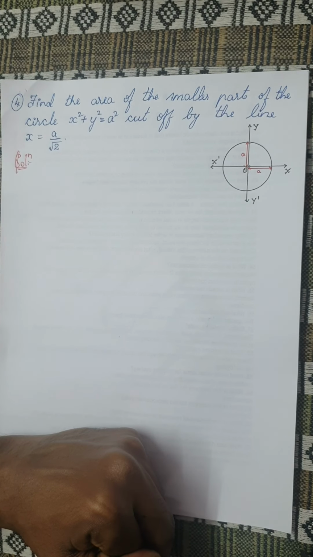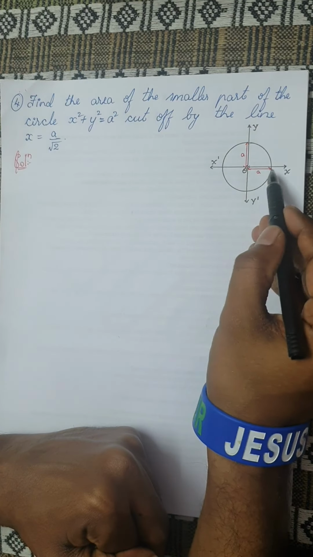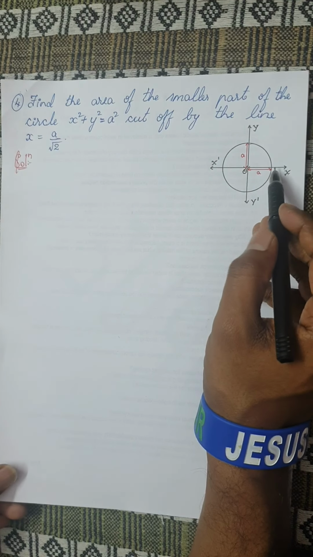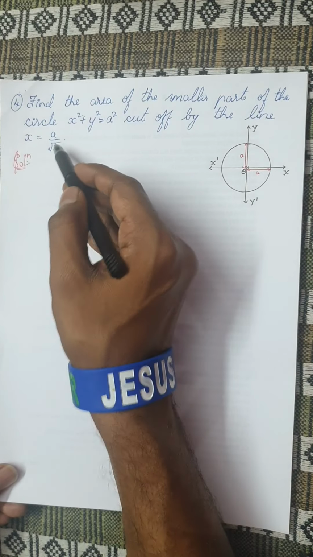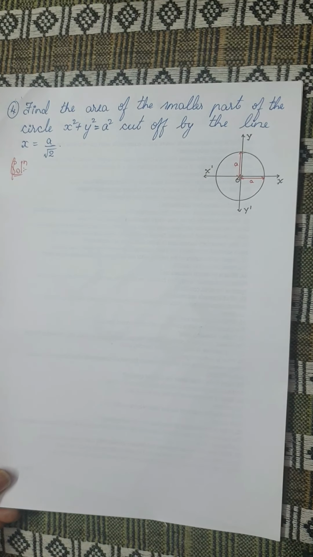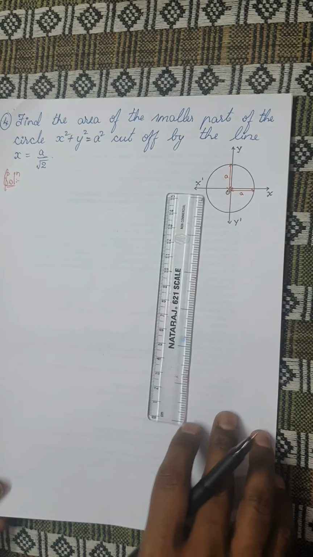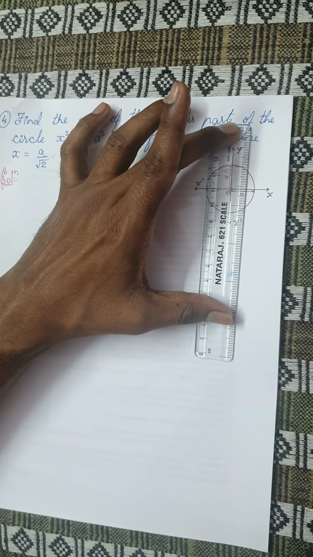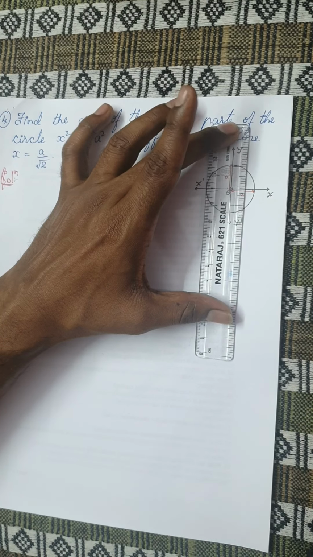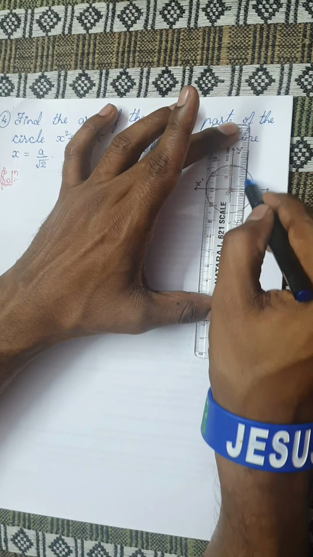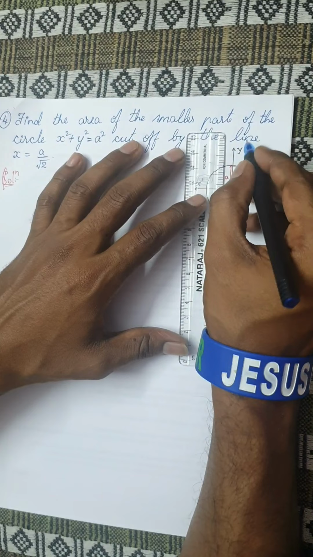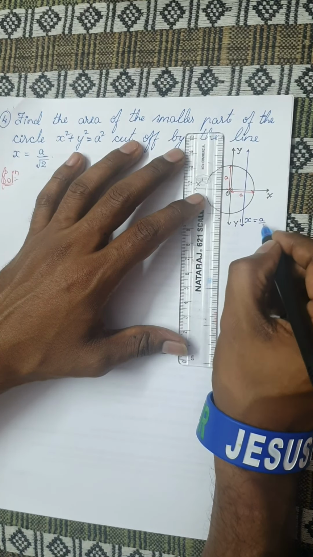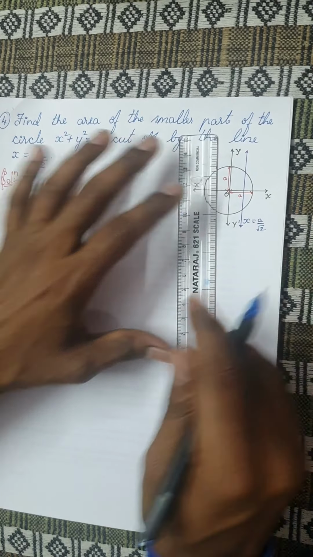Now we know that this entire part is nothing but a. Now a divided by root 2 is just like you can use your calculator, it is nothing but 1 divided by root 2. You would actually get a line x is equal to a by root 2 somewhere here. Please be very careful. x is equal to a by root 2 would be this part. This line I'm going to take as x is equal to a divided by root 2.